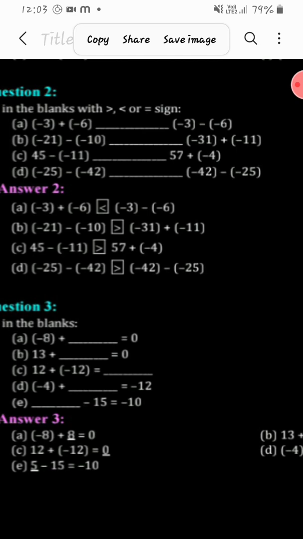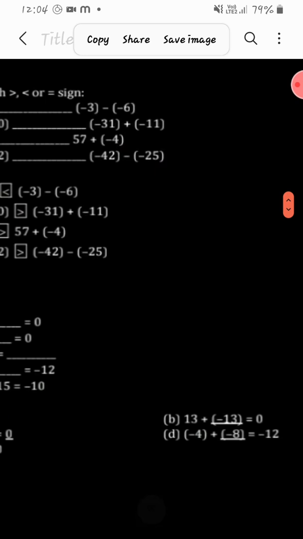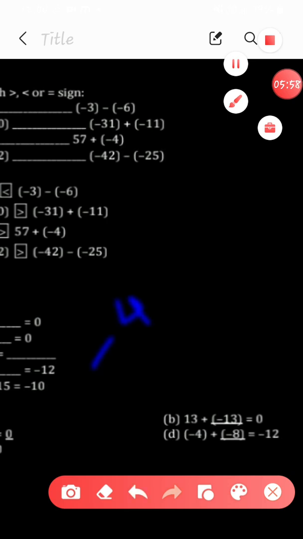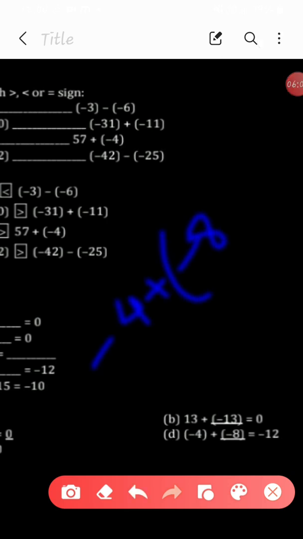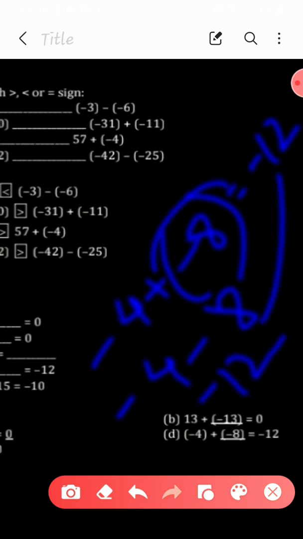Since our answer is minus 12, we have to find out the digit which is in the blank. So you see here minus 4 plus minus 8 is equal to minus 12. How can you see that? Minus 4 plus minus 8 is there and we are getting the answer minus 12. Now this minus 4 and this plus minus becomes minus 8. So minus minus plus, 8 plus 4 is 12. Before the bigger sign, minus. So same or not? So our answer is minus 8.